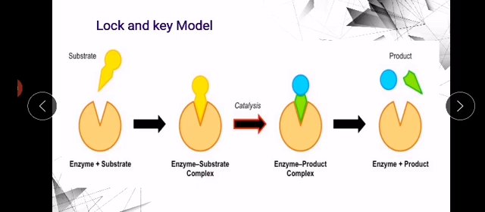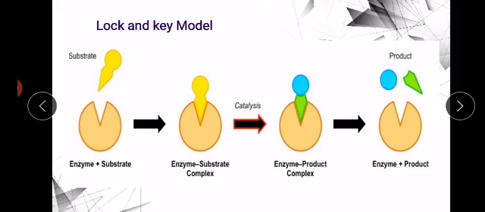After the process of catalysis, the enzyme releases the products, or you can say the enzyme has converted the substrate into products. Now these are the products. The substrate has been converted into products. After that, the products will be released, and the enzyme as well. The enzyme will also be released from this complex, and the products as well.